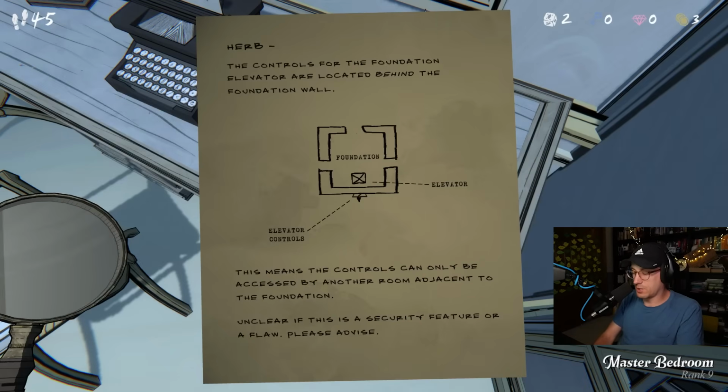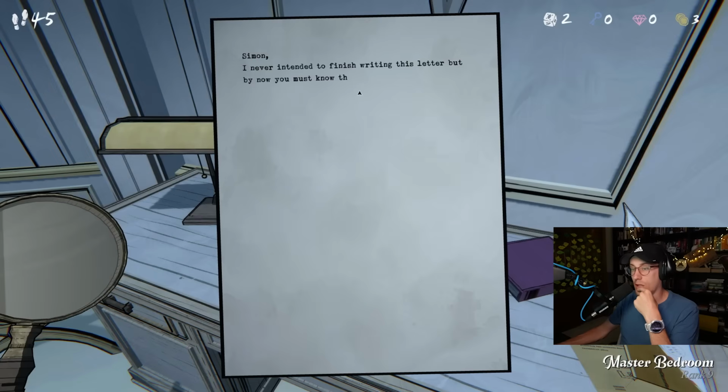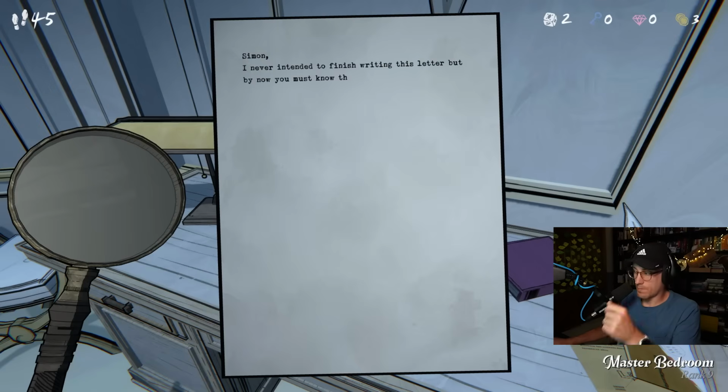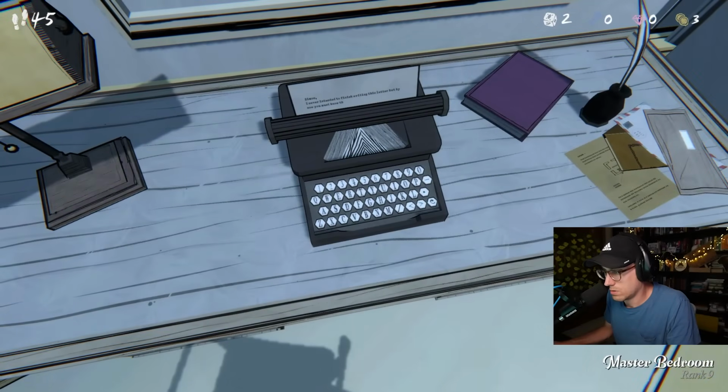Okay, so this is the master bedroom note. We'll just call it note. Okay. Simon, I never intended to finish writing this letter, but by now you must know the... This is master bedroom typewritten letter. Is this the same as the starting letter? Simon, you may not remember, but I have fond memories of your visits here. No, this is different. The other letter says, Simon, welcome to Mount Holly. This is different. I never intended to finish writing this letter. But by now you must know...